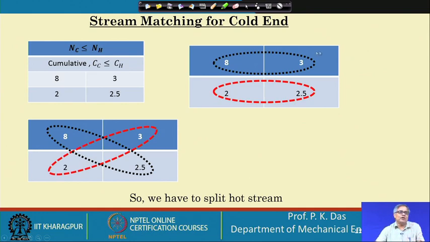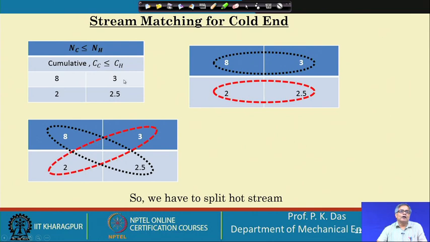So, stream matching for the cold end. Now, I am coming to the cold end. In the cold end there are 2 hot streams and 2 cold streams. The hot stream and cold stream numbers are matching, so the first requirement has been satisfied. At the cold end, the number of hot streams should not be less than the number of cold streams, and that has been satisfied. But you see the